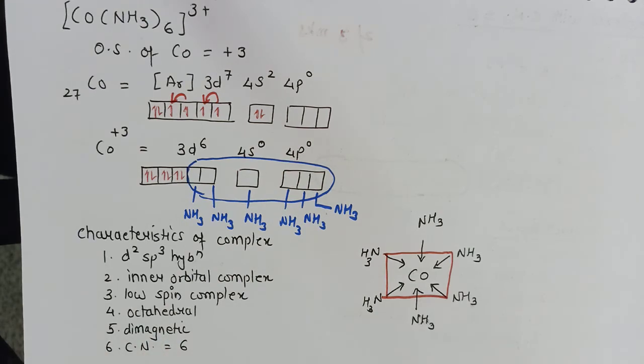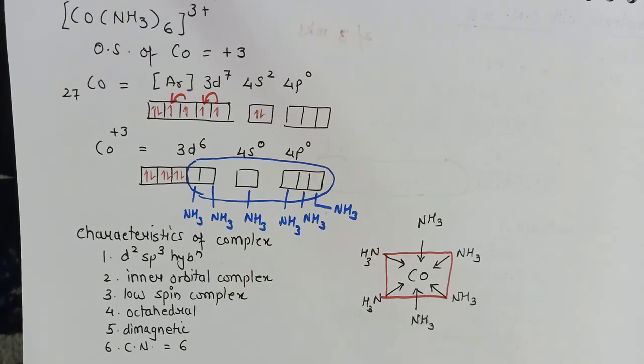So when you are solving the examples using valence bond theory, simply remember two things. First of all, find out the oxidation state of the central metal atom. Second is find out the nature of the ligand. If it's a strong field ligand, it will cause pairing. If it is a weak field ligand, it will not cause pairing. If you remember these two steps, you will be able to solve any example from valence bond theory. All the examples of valence bond theory are important, and it's a sure question in your board exams.